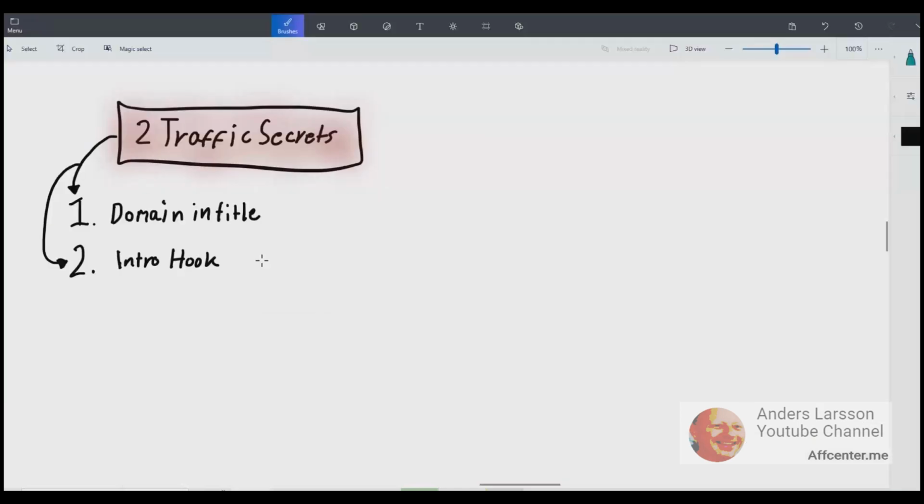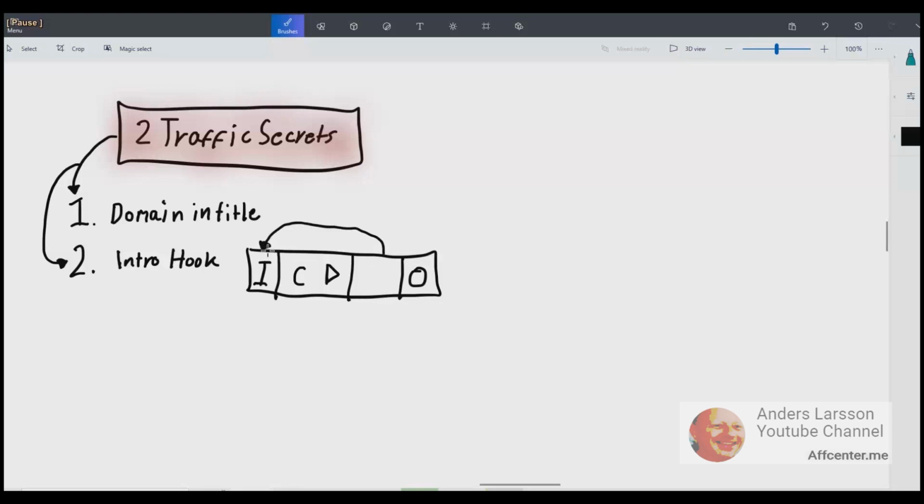Secret number 2 is to use an intro hook. So what is an intro hook? If you imagine that this box is a video, then in the beginning of the video you have an intro, at the end of the video you have an outro, and then we have the main content. So this is your hook, and you talk about that you have something awesome to share at the end of